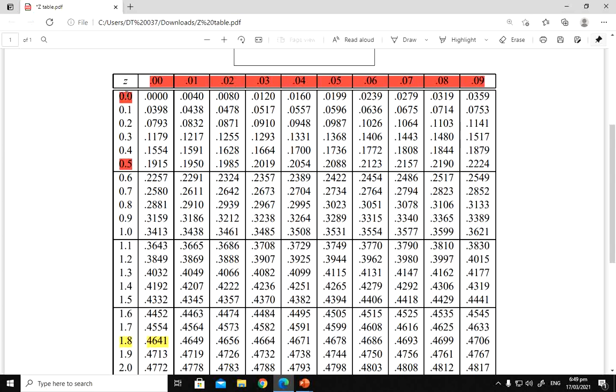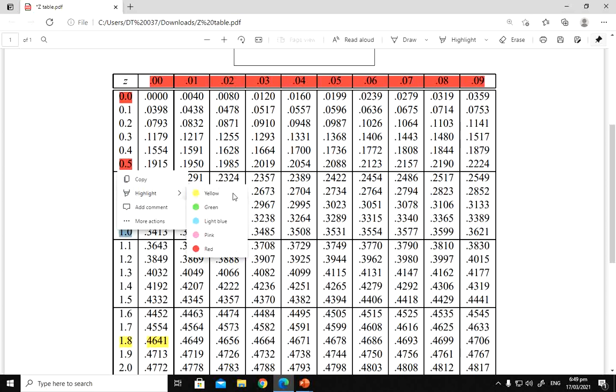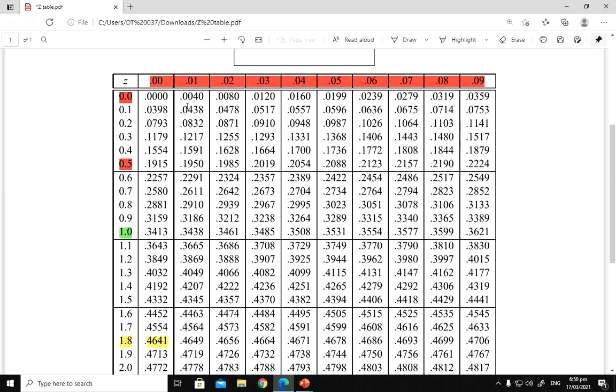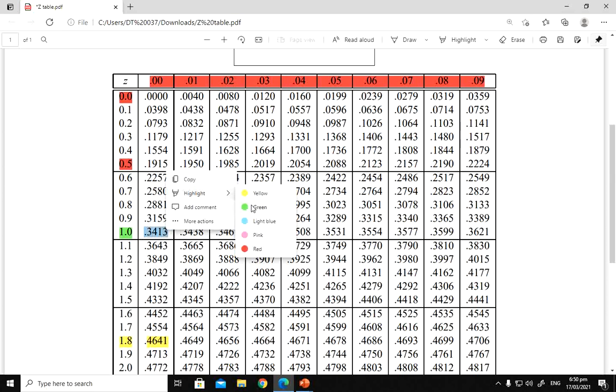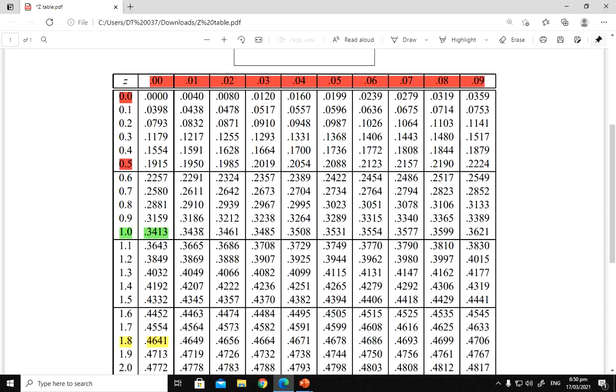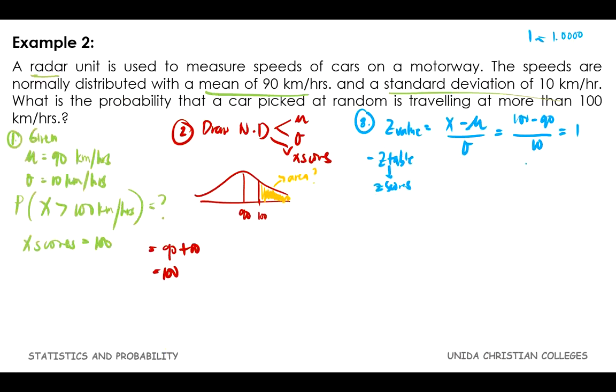So, mula dito kay 0.0, 0.1, 0.2, so hindi pa rin yan. Okay, dito tayo. Ito si 1.0, tapos 0. Kaya, ito siya class. Ayan ang kanilang intersection. Okay po. So, meaning, yung 1.0 sa Z value, ang katumbas sa Z score is